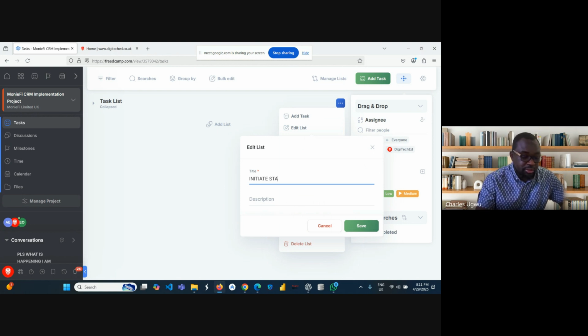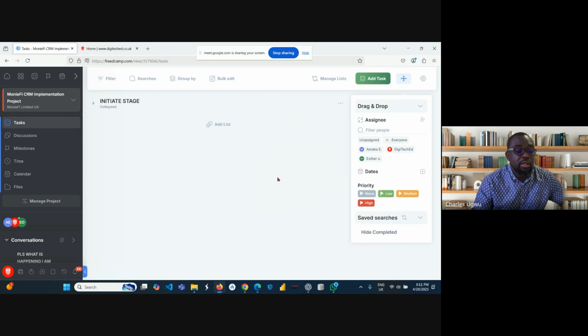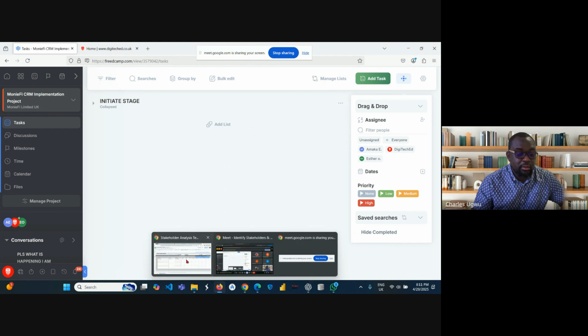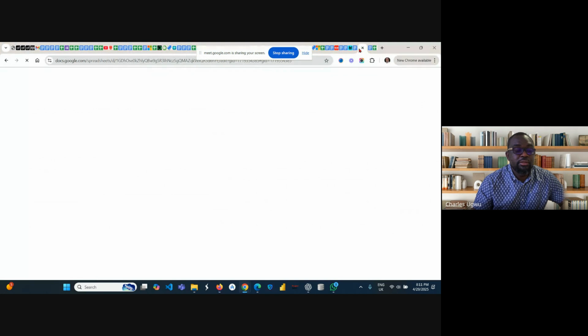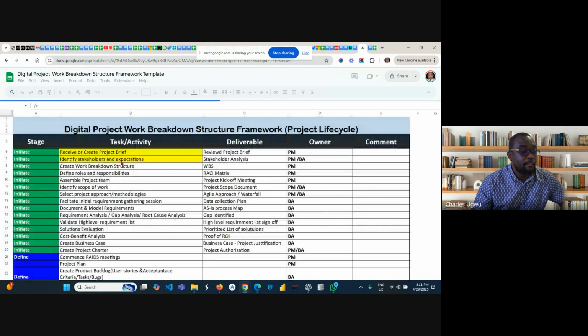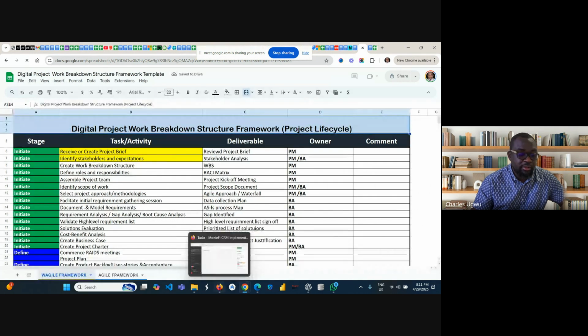Initiate stage, and I will save it, and we'll have the first stage of this project. I'm working with this document here. That's it here. This is the first stage. We call it initiate stage. Then another stage